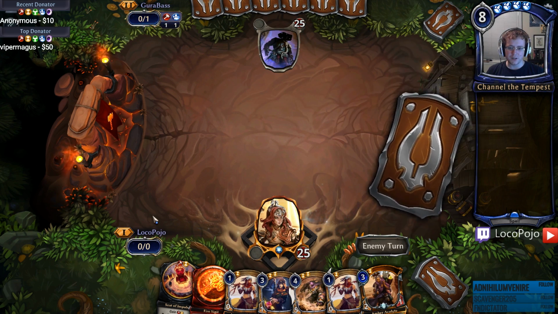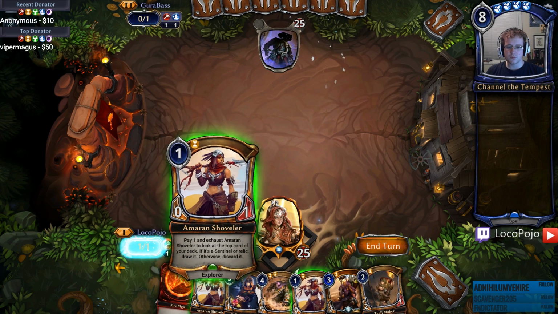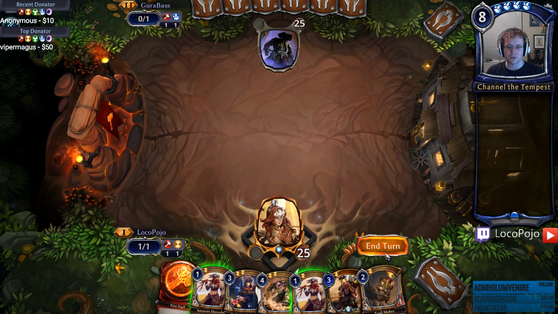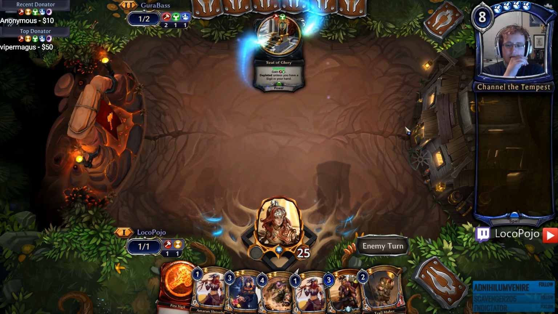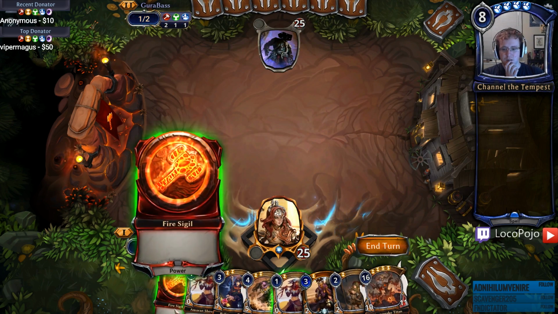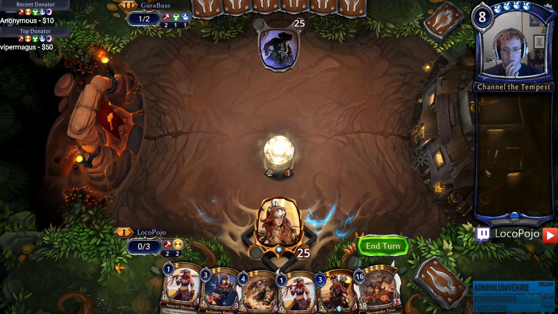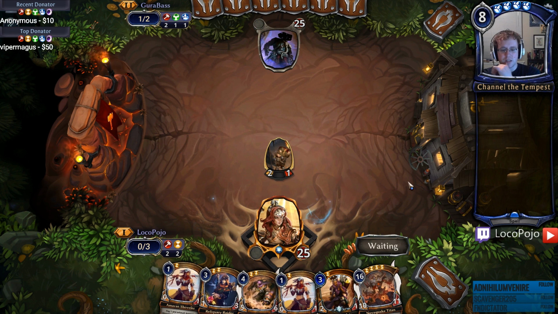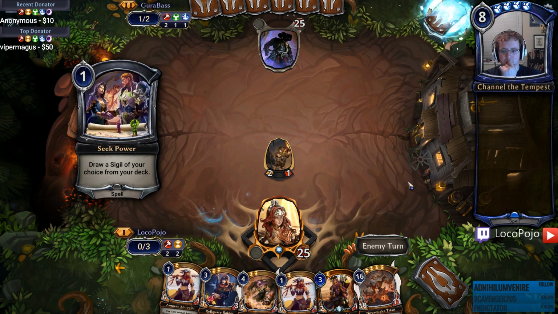I have 2 power here, so I'm probably not going to use Amaran Shoveler unless I really need to. Yeah, we'll actually avoid Amaran Shoveler this turn and play Trailmaker instead, because that way I can get some influence that I need. Looks like it's going to be time this time around. It's nice to have blue, but Amber Acolyte can get that for me, and I really need to get power 4, so...